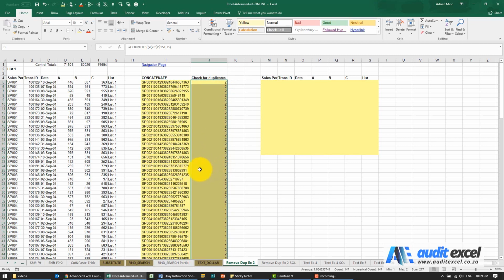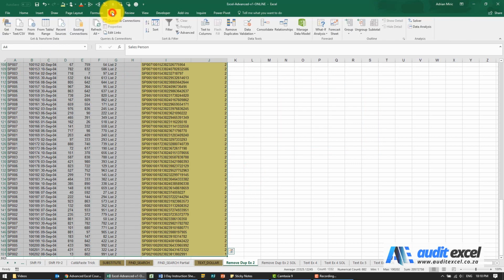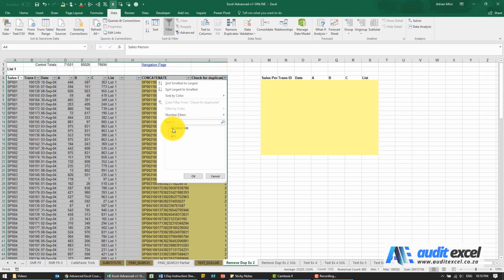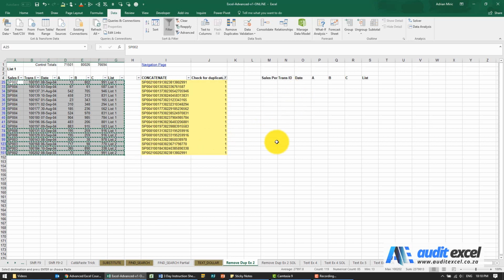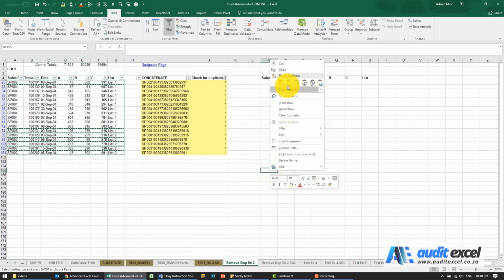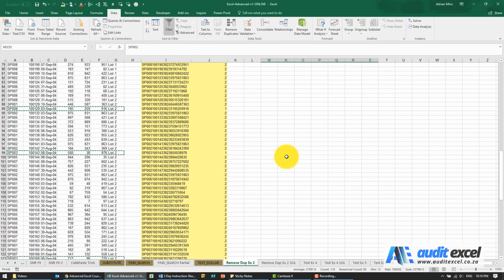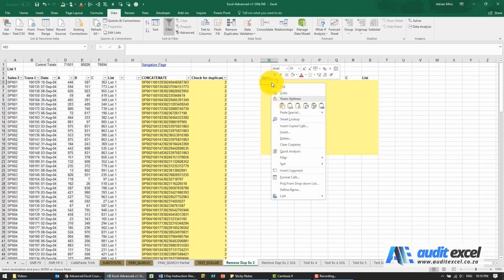So we want to just know where the unique ones are. What I can do, I'm just going to put my filter on. And now that I've got a filter, I can just go here and say I'm only interested in the uniques where there's a 1 here. You'll see the list is quite short. And then I can take that and copy it and paste it somewhere. So for now, because where I want to go is hidden, I'm just going to paste it there. You can see the numbers are there. And I can copy and paste this here.